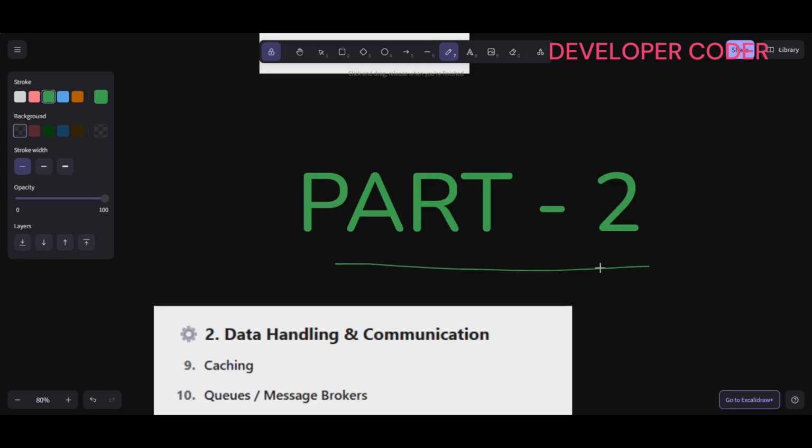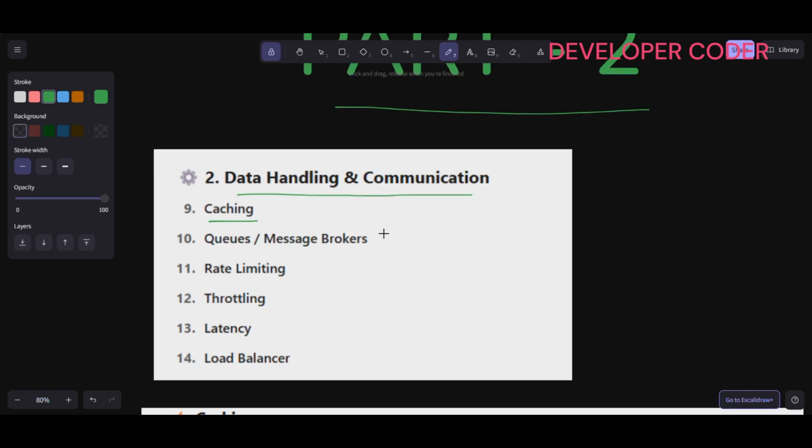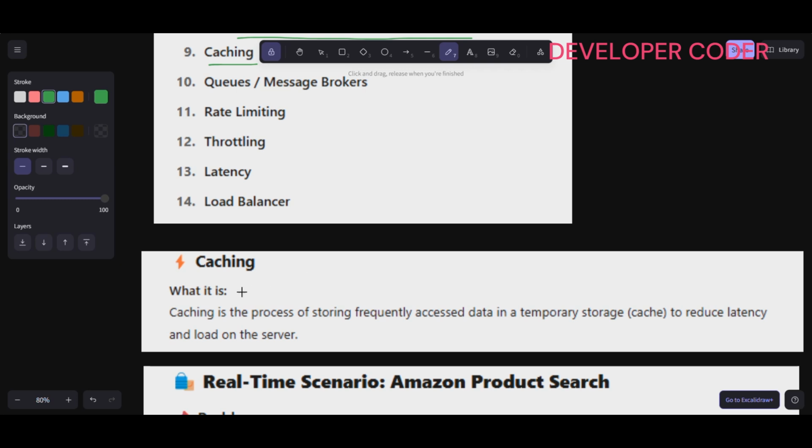Now from here we have to cover part 2, data handling and communication. So first we are going to cover what is caching. Okay, so let's get started. Caching is a process of storing frequently accessed data in a temporary storage, the cache, to reduce latency and load on